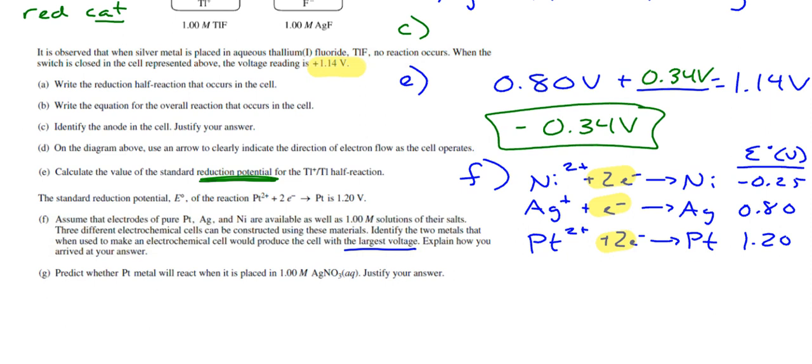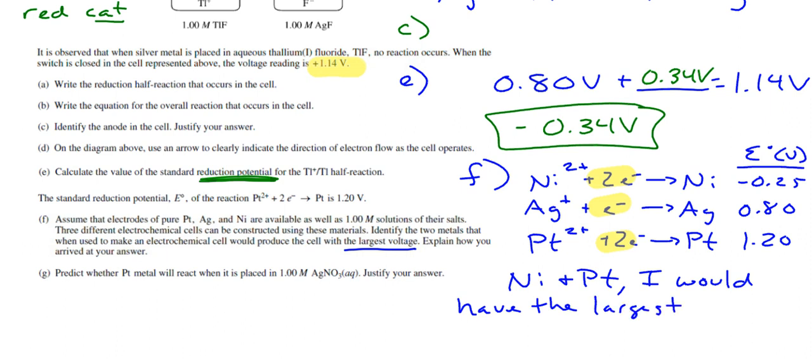Nickel and platinum. Yeah, nickel and platinum, and I'm going to flip the nickel, aren't I? Because if I flip it, it's going to become positive. If I flip the silver, it becomes negative 0.8. That's not going to make things more positive. If I flip that, you're in a lot of trouble, right? So the question actually is, do I need a value or just, I think it's just identify the metals. So if I use nickel and platinum, I would have the largest positive voltage,